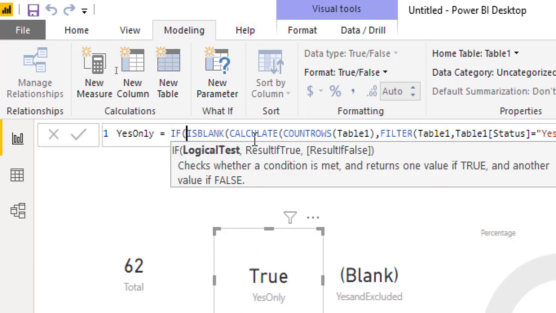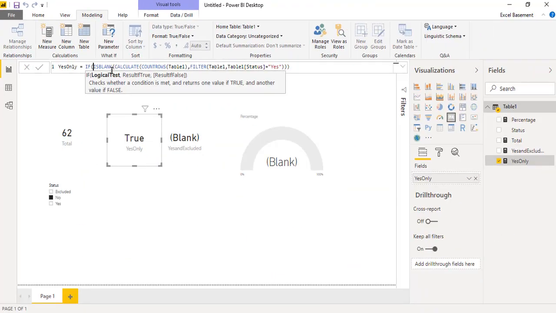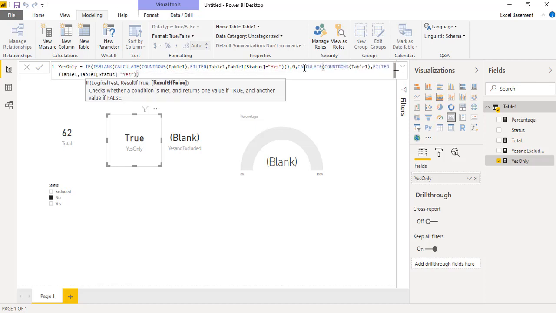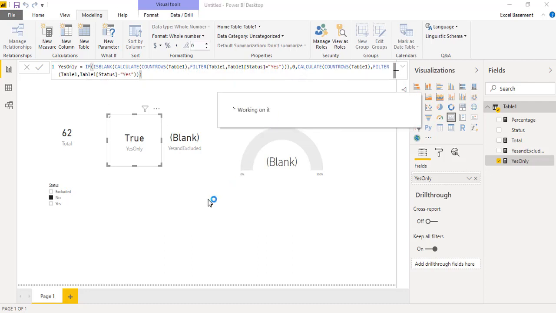So IF this whole scenario, for example, is true, then 0, otherwise copy the remaining part.